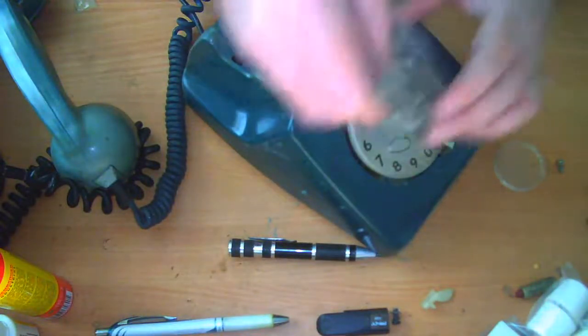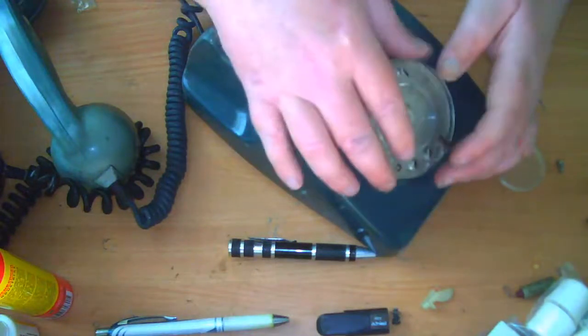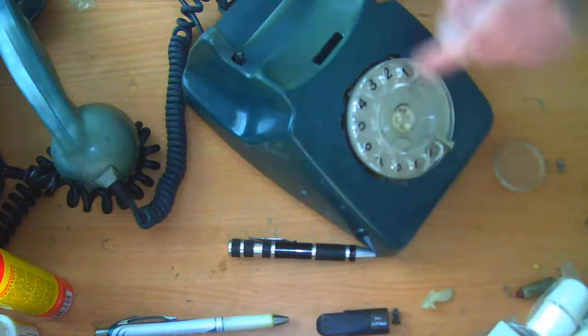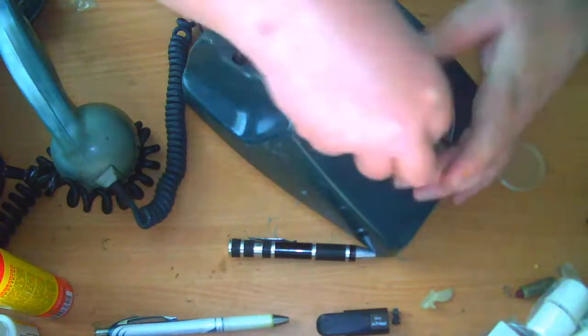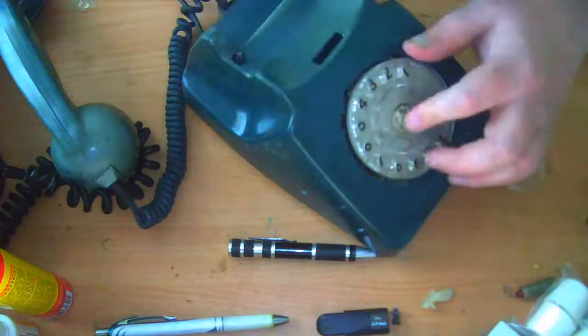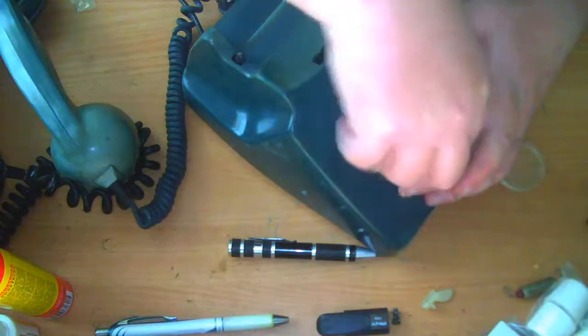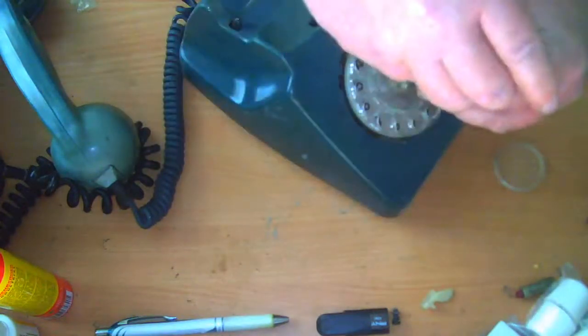and then we fit the dial finger wheel. Make sure you've got it the right way, so obviously the bit with no holes at this side. Then the little screw that goes in the middle, that also engages on a little pip at the bottom there as well. The little screw that goes in the middle, get me screwdriver,